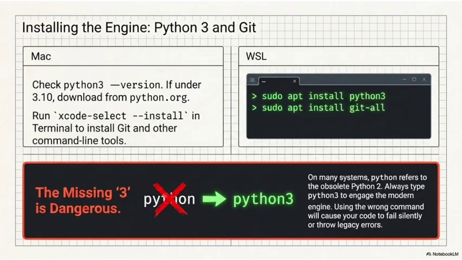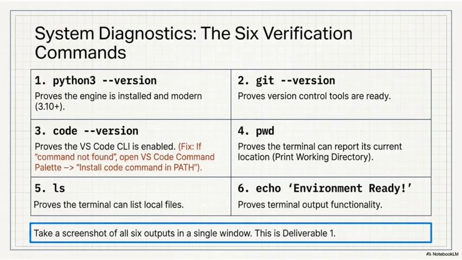Installing this extension is not optional. Without it, Visual Studio Code is a text editor. With it, it is a Python IDE. The 6 verification commands are the diagnostic battery that confirms every component of your workspace is installed, configured, and communicating